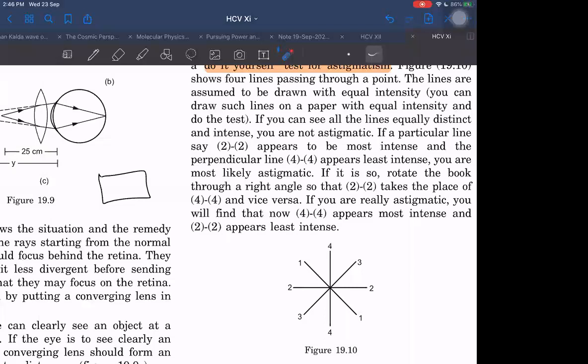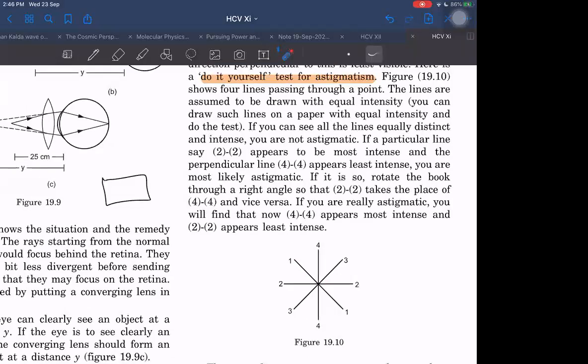No, I think it is not bright, because as I change the angle of my eye, now this is becoming bright. If I change my angle of eye, then this becomes bright. It means I am suffering from astigmatism. I was not even knowing it. You can also do this test. Are you suffering from astigmatism or not?